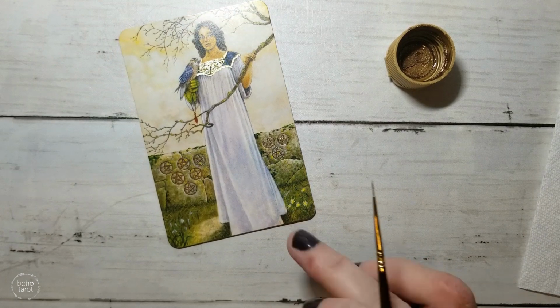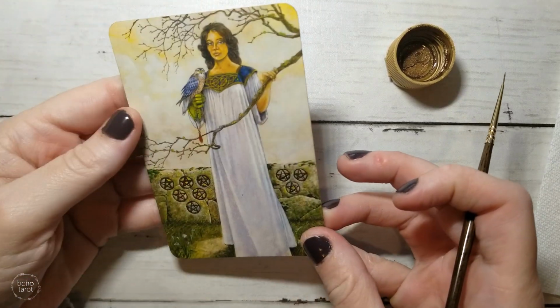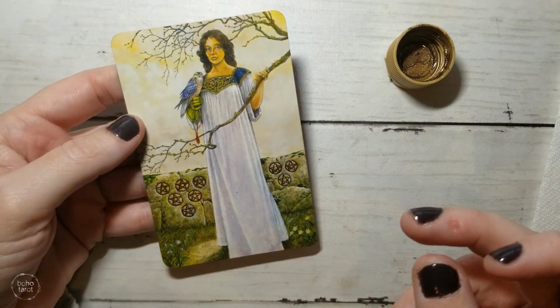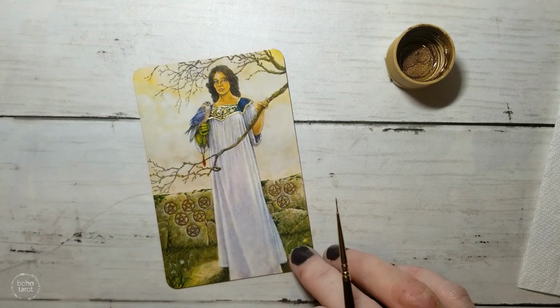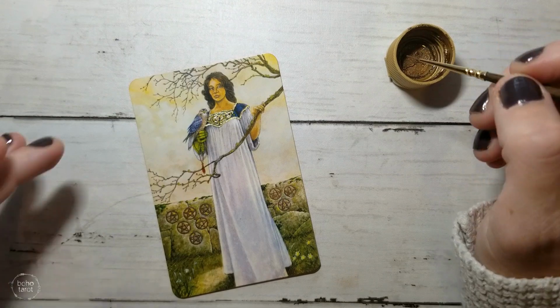But anyway, now that I've finished the pentacles, that looks much better, I think. You can see those a lot better. I don't know if that's going to pick up on camera, but anyway, that's just my rant